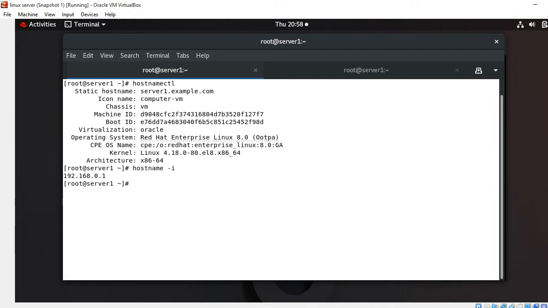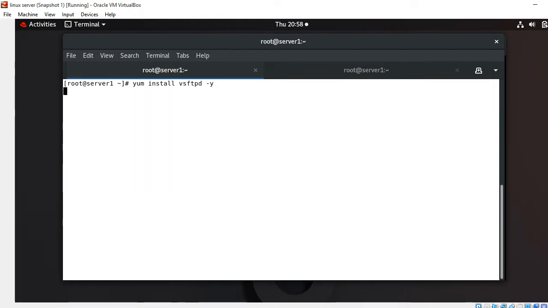So we have to follow a few steps to set up the secure FTP server. The first step is to install the FTP package. For this I go with my yum utility, but always remember, before I execute the yum command, the yum repository should be properly configured in your system, and I have already configured it on this machine. If you don't know how to configure the yum repository, you can view my previous videos for the same. So the command would be yum install vsftpd -y. So once I press enter,